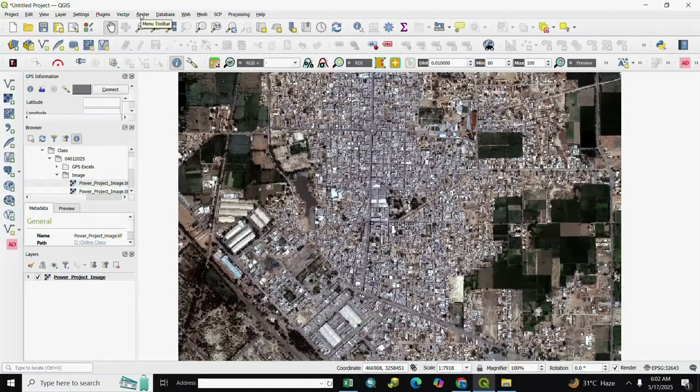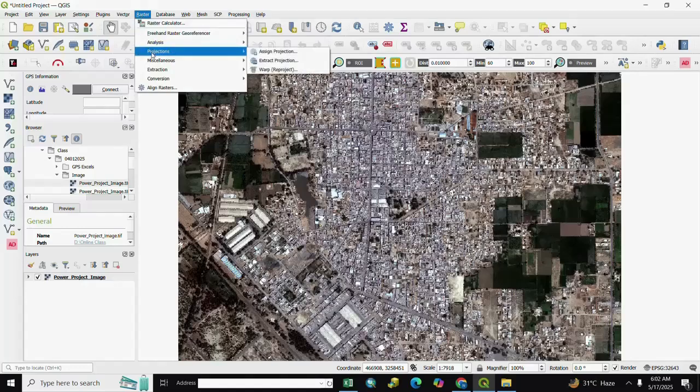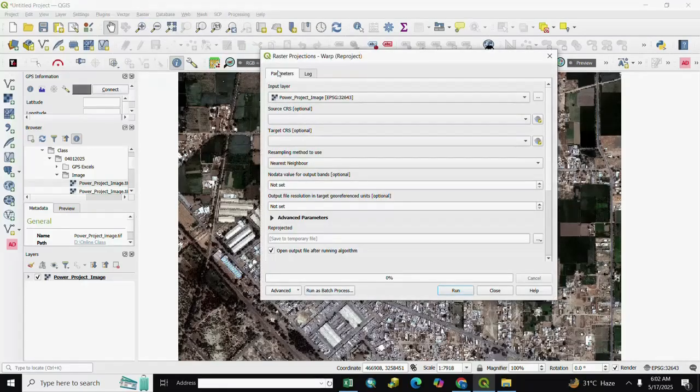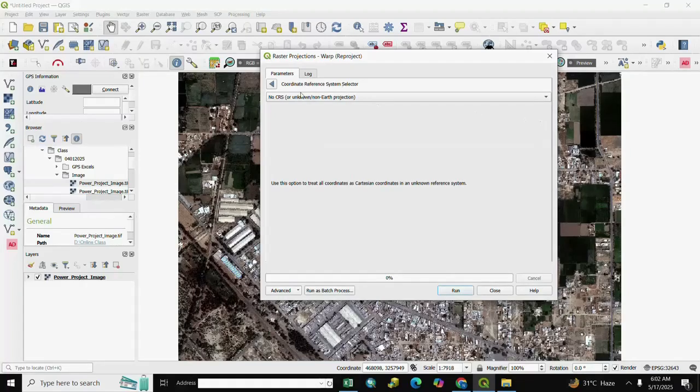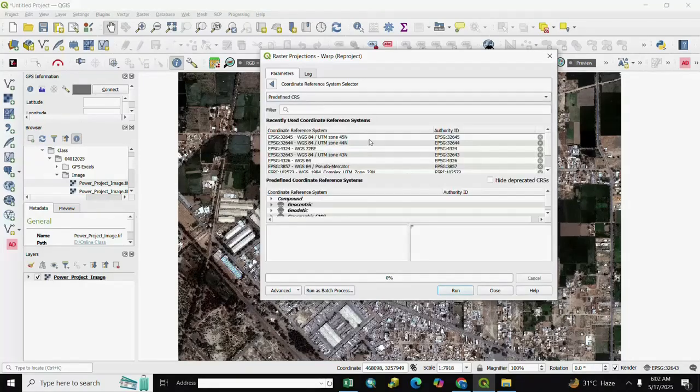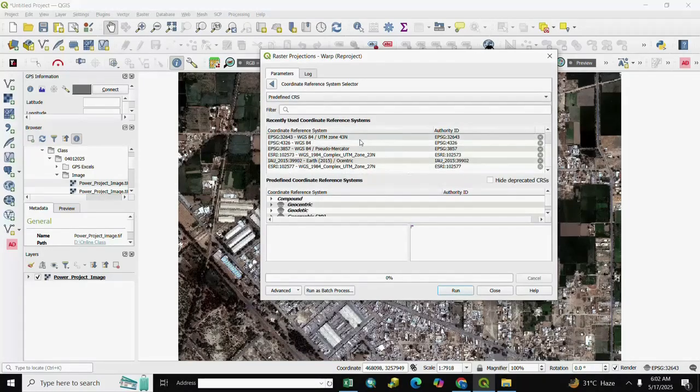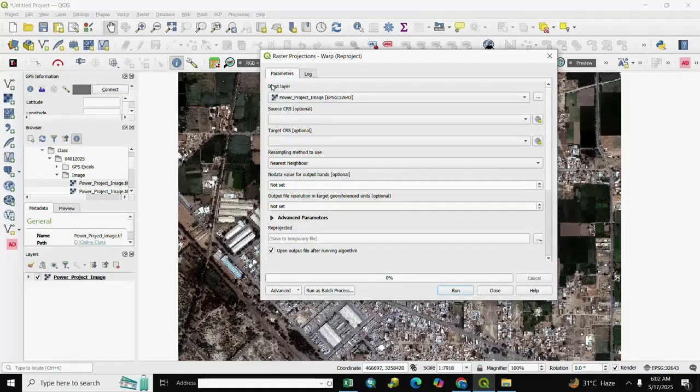for reprojection you go to Raster, Project and Reproject, and you select the input file here and here is the CRS. You select the input raster projection. Here is the raster input projection, and after it you select the target.